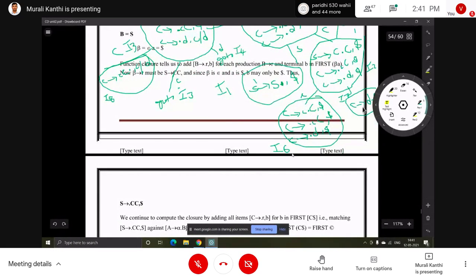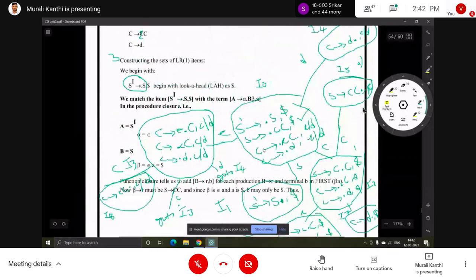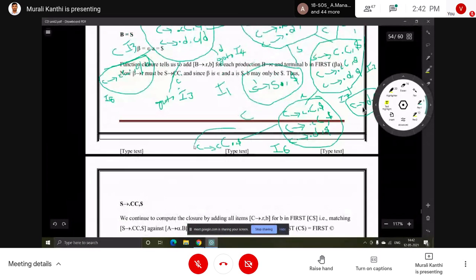Okay, we can. Here with the capital C, we can apply. Then C implies small c, capital C, dot, comma, dollar. Is it repeated? No. Okay, this is new. Given new name I9.